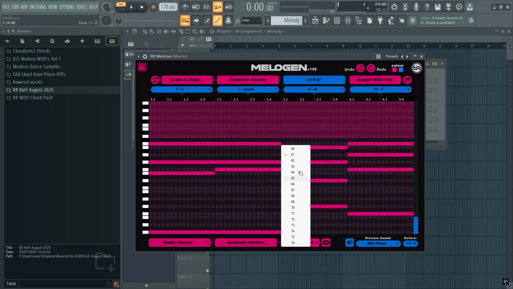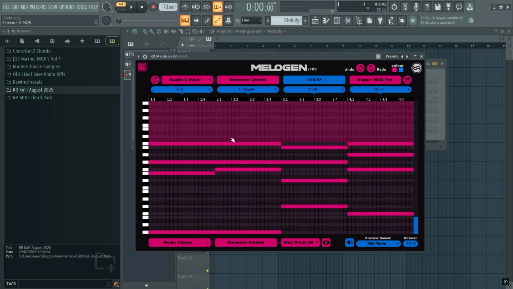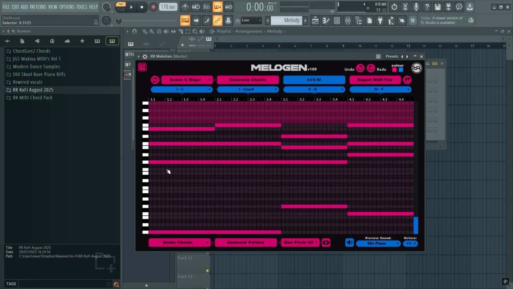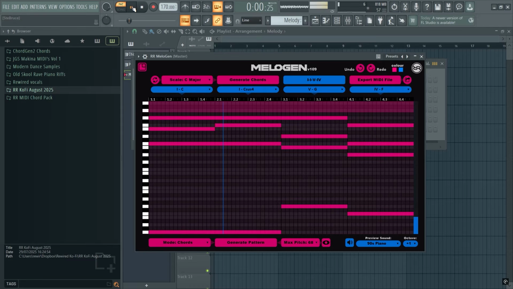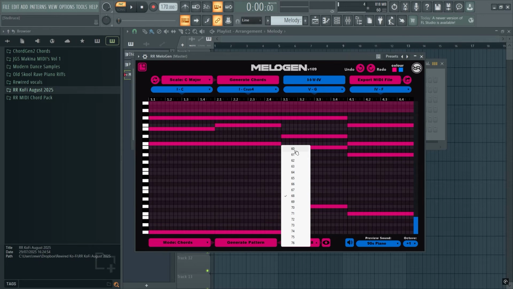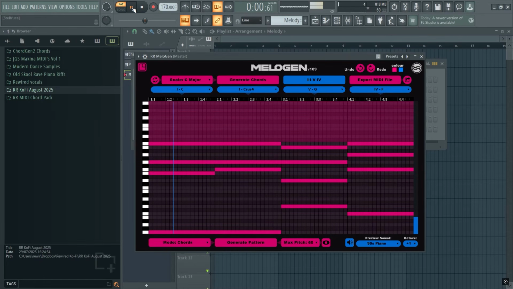So if we drop it right down to 60, it's not going to affect any more notes because there were none in the 60 range. If we move it up to 65, they're all going to get moved up. So I'll just show you the difference. We'll listen to it at 68, and then we'll drop it right down. And if we drop it right down to 60, or somewhere in between,